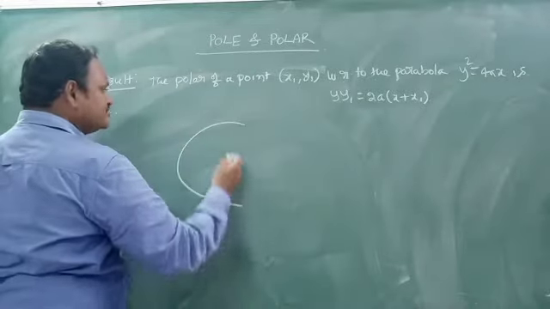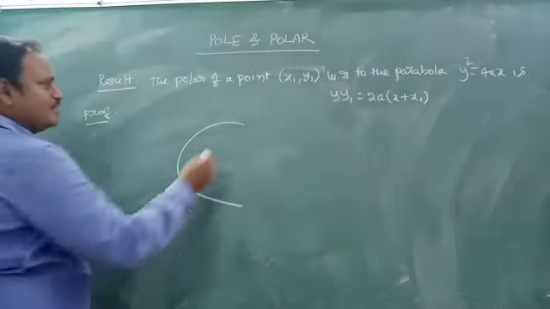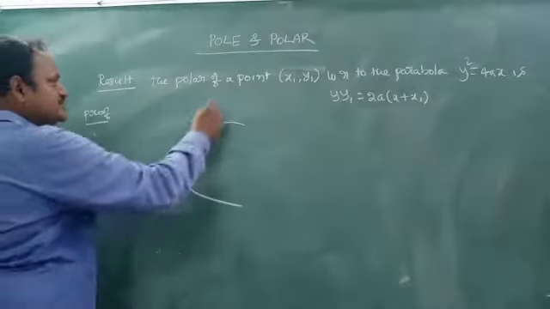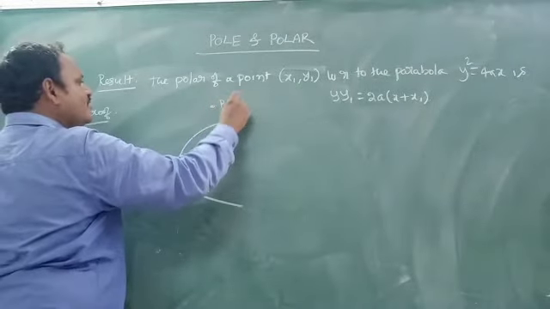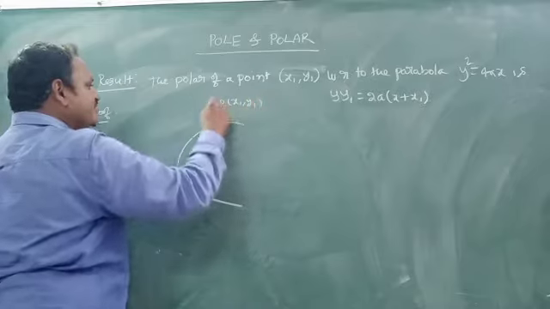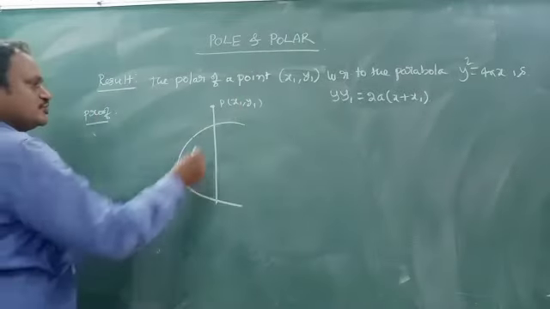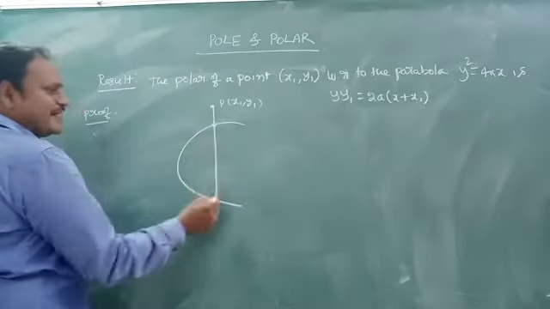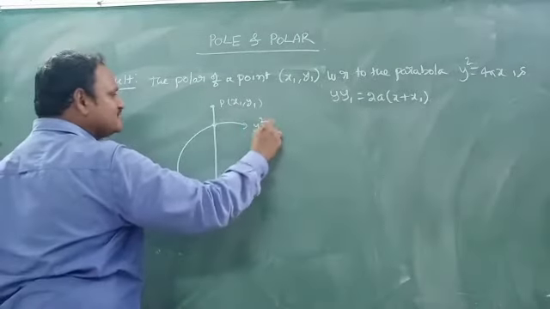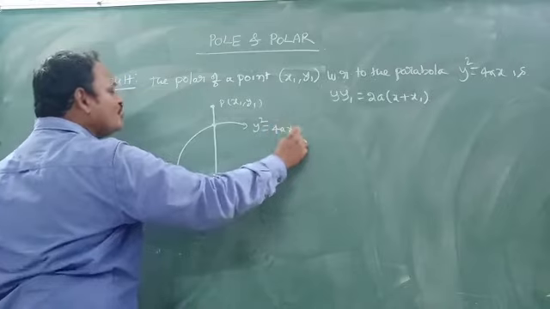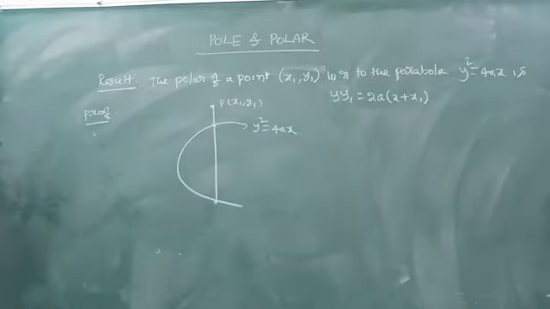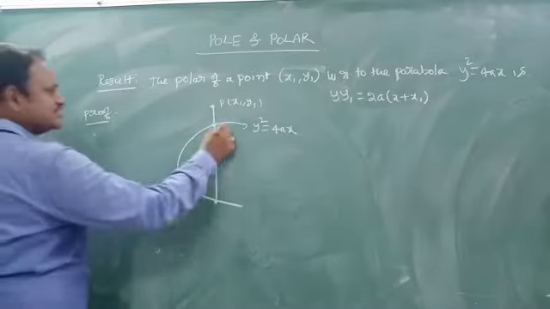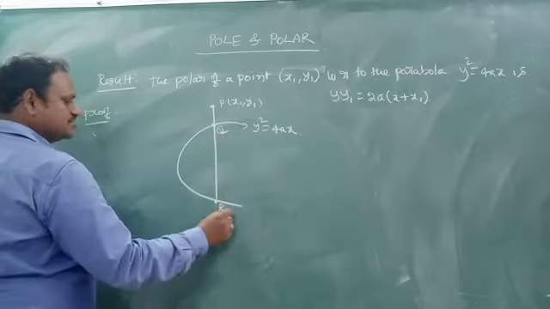You see, my dear students, we are having here the parabola. Let us take some point P, x1 comma y1. This is what we have taken here. Now if you draw the secant through P x1 comma y1, it will intersect the parabola. This is the parabola, y square is equal to 4ax. This will intersect the parabola at 2 points. Already I told you that these were Q and R.